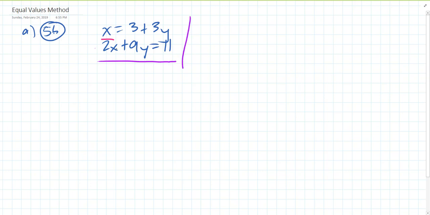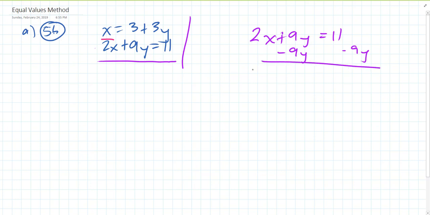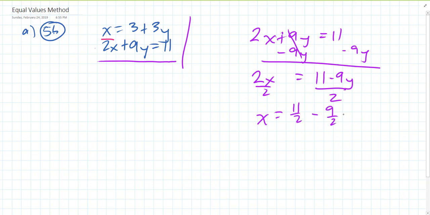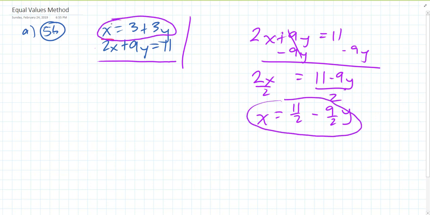So for this equation, I'm just going to rewrite 2x plus 9y equals 11. I'm going to solve for x, and to do that I'm going to subtract 9y, subtract 9y. I have 2x equals 11 minus 9y, divide by 2, divide by 2. I'm going to get x equals 11 halves minus 9 over 2y. Okay, so I have one equation here for x equals and one equation here for x equals. So I'm going to use the equal values method,